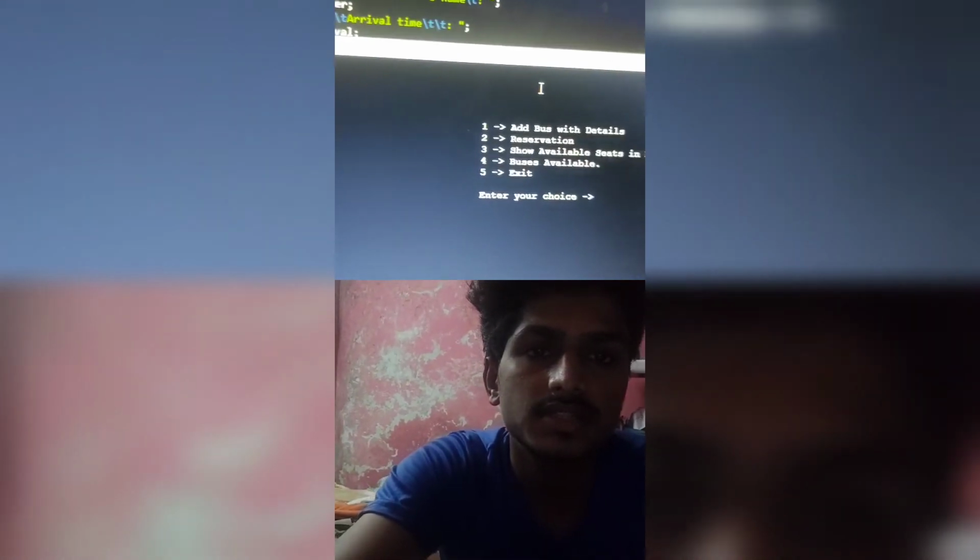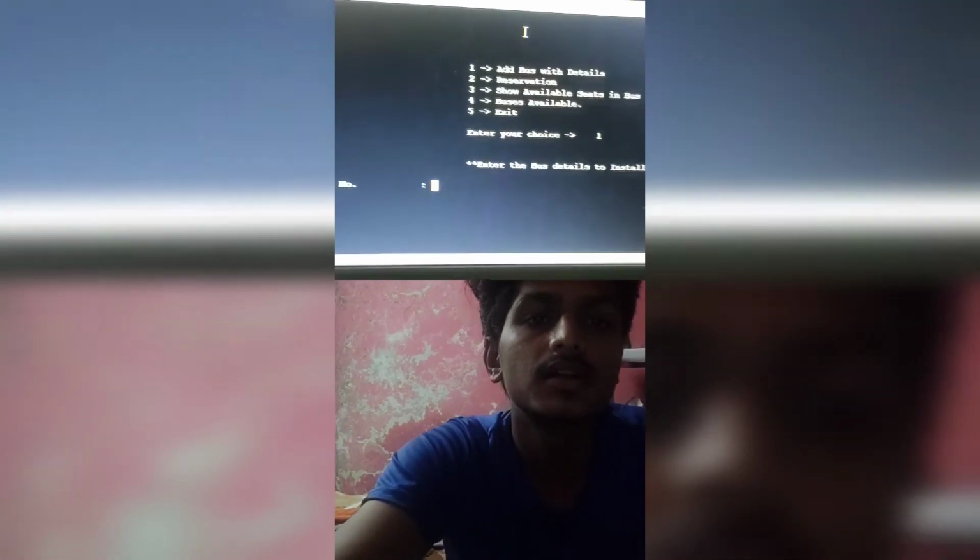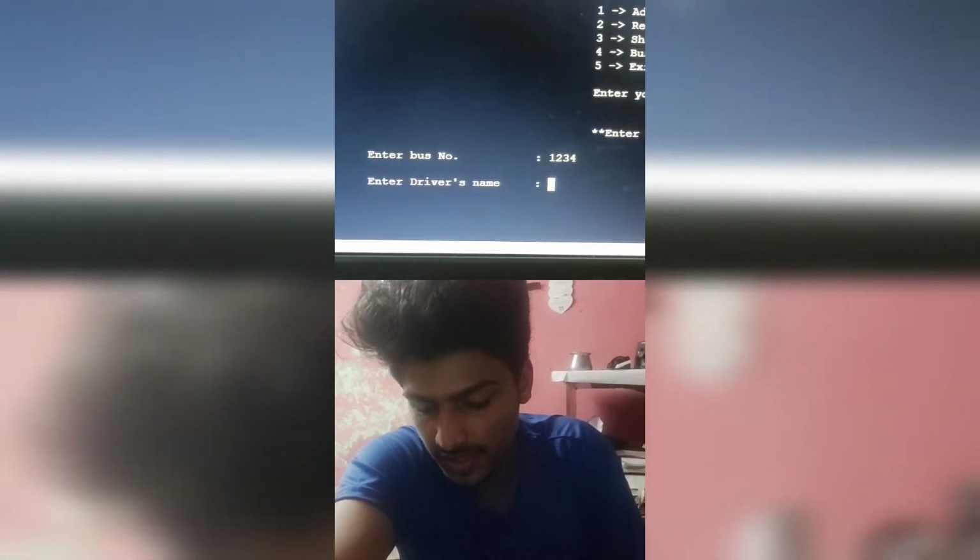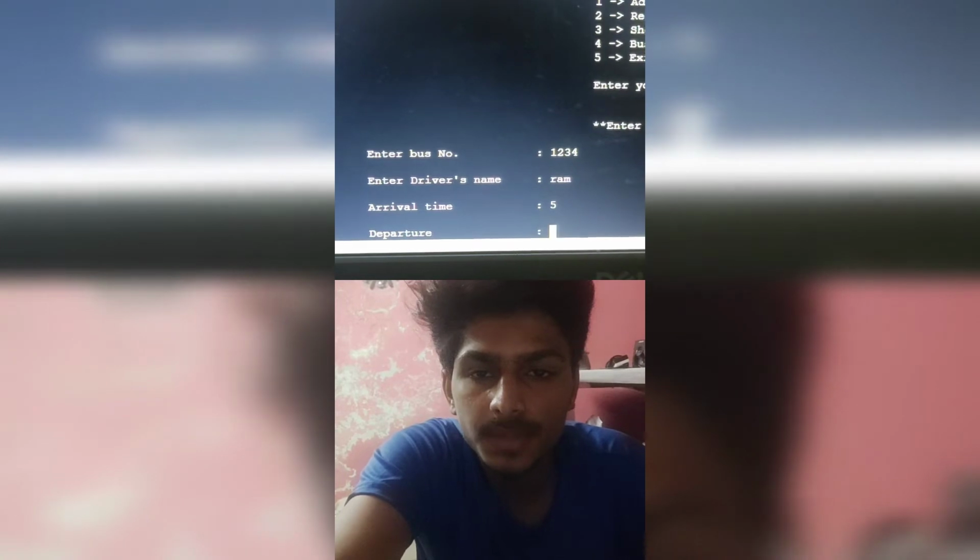This you can see. Enter 1, press enter, and enter the bus number, give any number 1 2 3 4, enter, and then enter the driver's name. I enter my name, and arrival time I give 5, departure I give 6, from I give Katpadi,